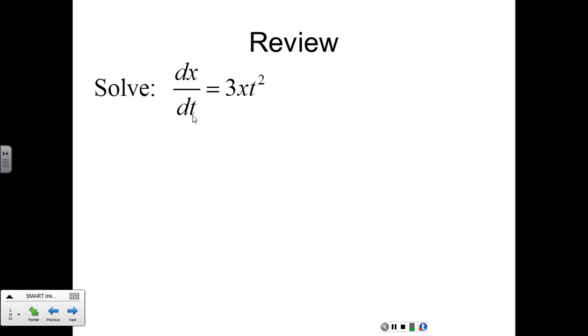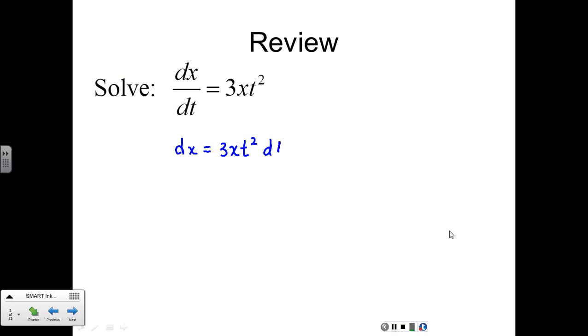But as far as just separating these, if you have a problem that gives you y prime, change it to dy over dx or something like that to help you separate. That's going to be more algebraically sound for you to do. So this is already in a good form. I'm going to multiply both sides by that dt to separate that out. So dx equals 3x t squared